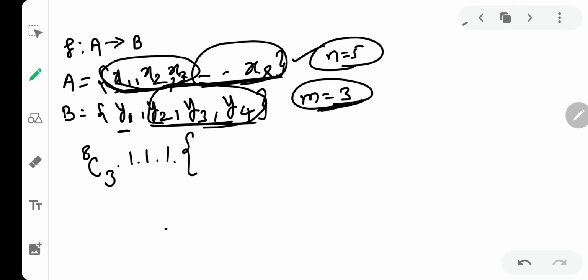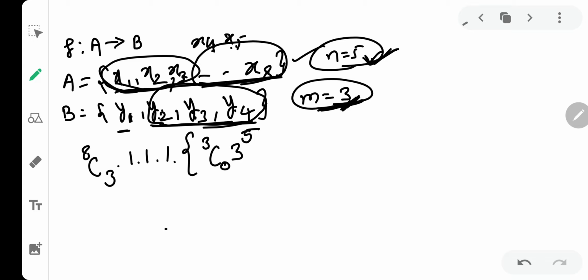First of all you say 3c0. Okay, so what you have done is 3c0. Okay, and all these 3 elements. Okay, and there is n which is 5, 3 raised to 5. Now I'll tell you the meaning of this. What is exactly happening? All these 5 elements have all the 3 possibilities. It means the first element can be mapped to all these 3 elements. Let me give you an example. Suppose you have x4. x4 can be mapped to y2, y3 and y4. Then you have x5. x5 can be mapped to y2, y3 and y4 and so on.